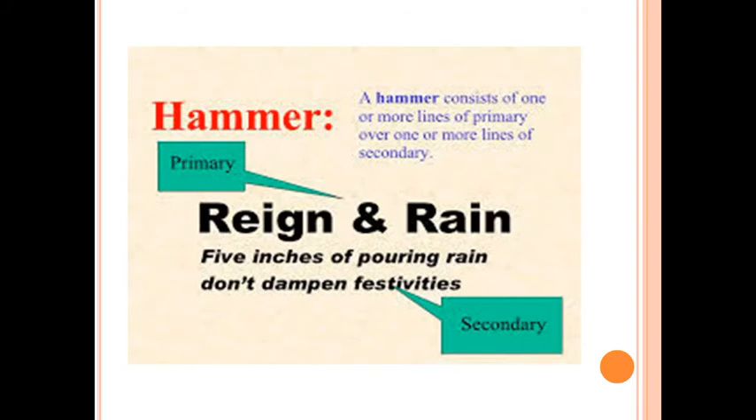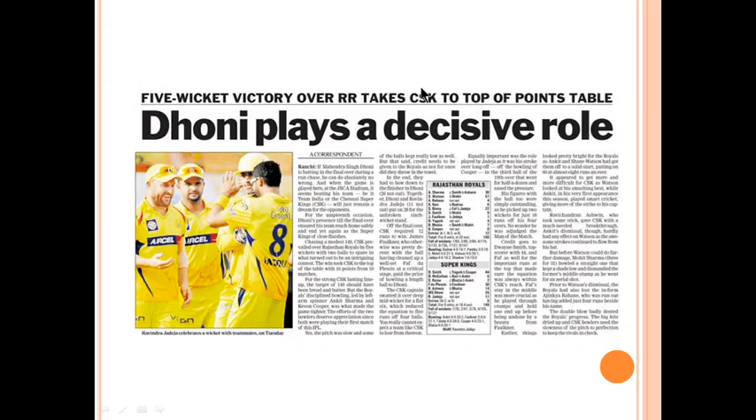See, here the same example, rain and rain. The primary one is rain and rain. It is written above, and the secondary line is written below the primary one. So in this case, if the secondary line is written below the primary, that is known as hammer, and if the secondary line is written above the primary one,